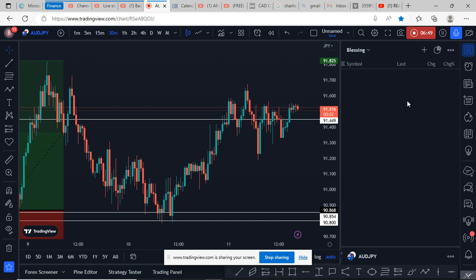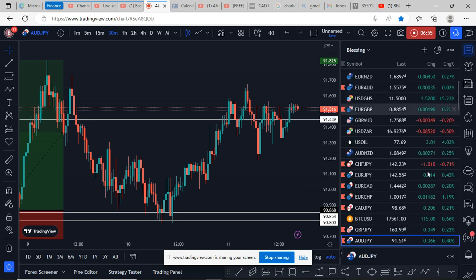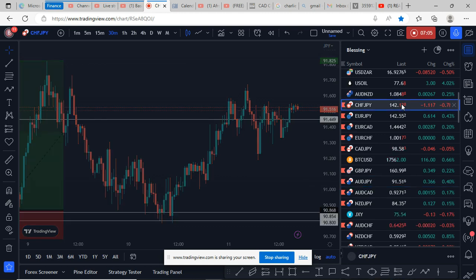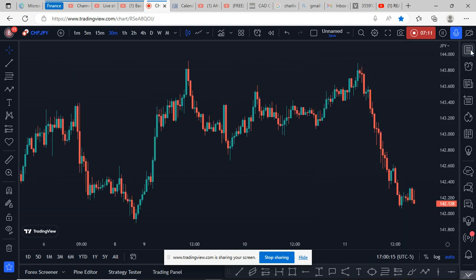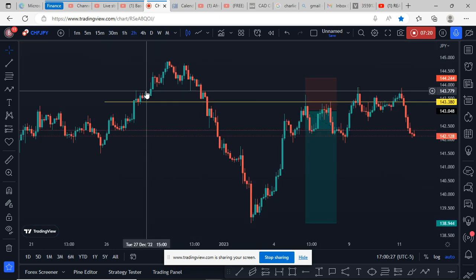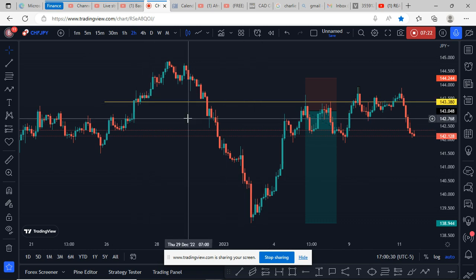Also, let's check a different one. Let's check USD JPY. I think, let me see, the CHF JPY. Yeah. So this is for the CHF JPY. Let me explain this trade also. So as looking at this trade,